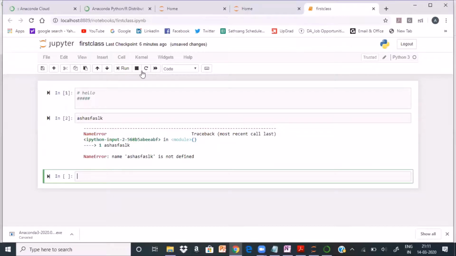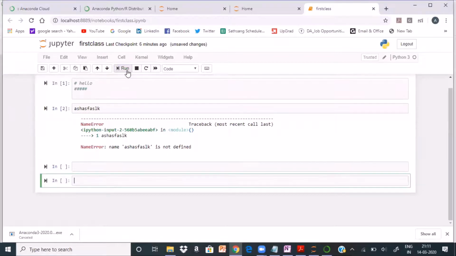Okay. So in such situations, you come here, you click this run command here. There are many options. If I run this, automatically it ran this and went into the next cell.